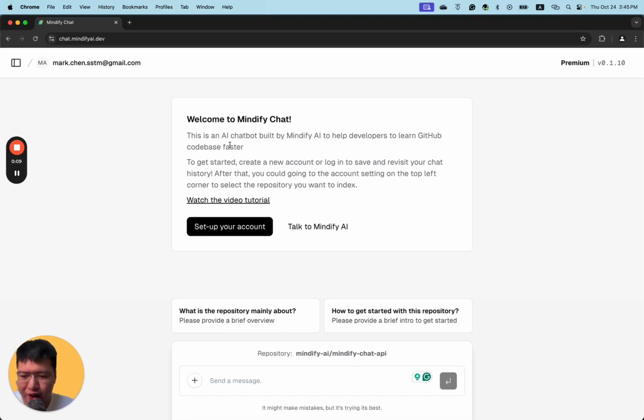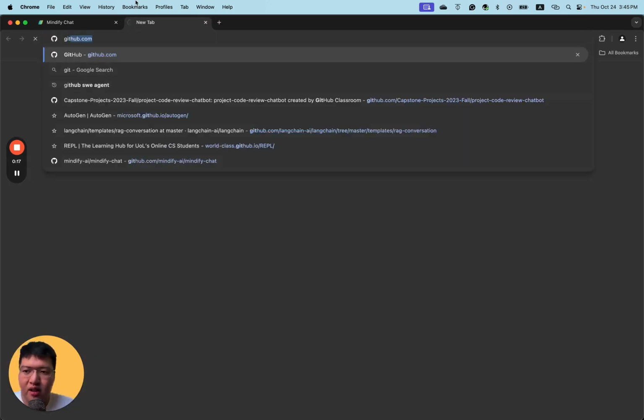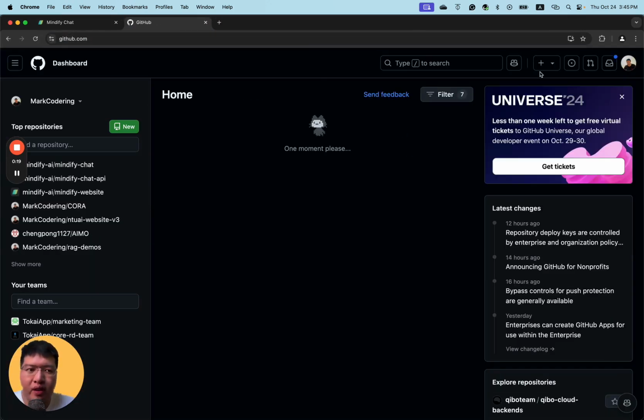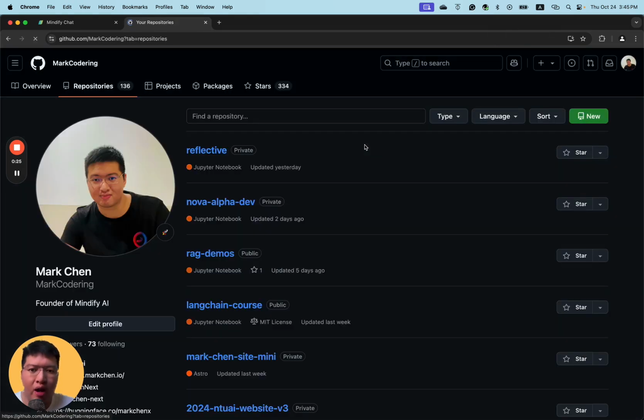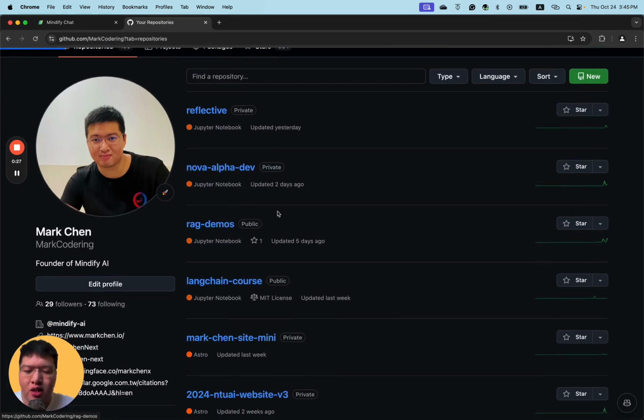So today we are sharing a new tutorial on how to use Mindify Chat to learn a new codebase. Today's idea is that we want to explore a new codebase faster, instead of just scrolling through files to file. So we have a